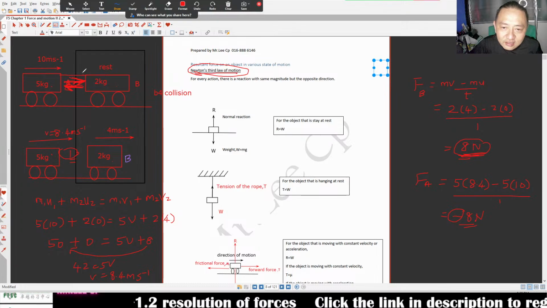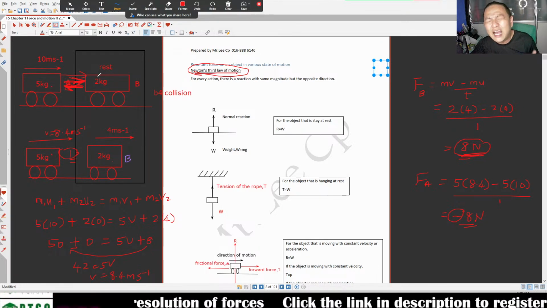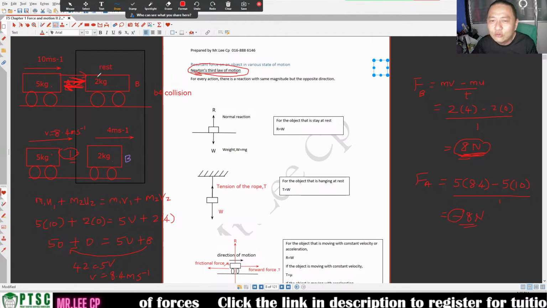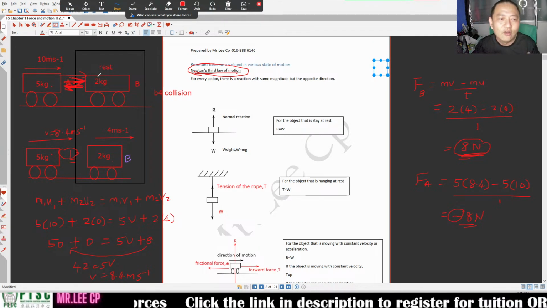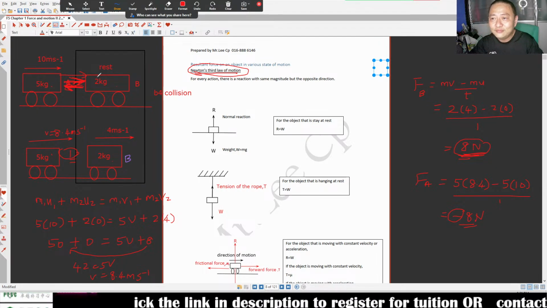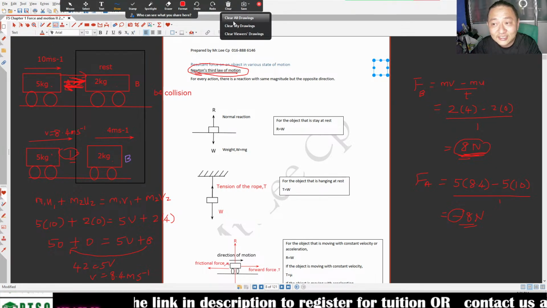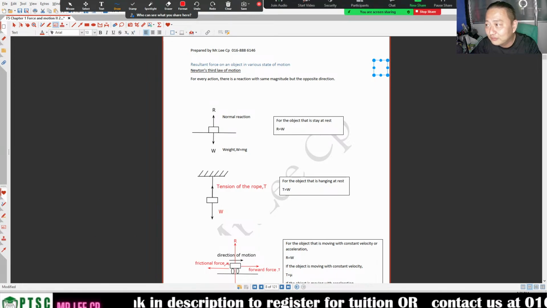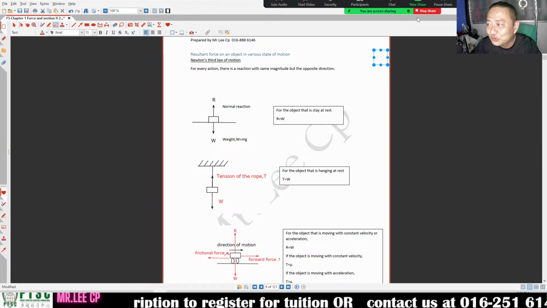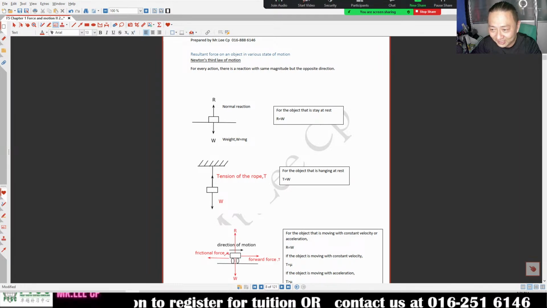If car A hits car B, it hurts. Car B says it hurts, so many Newtons. Car A will say, I also hurt, also so many Newtons. Do you get what I mean? Right, that's the concept lah. You don't need to copy, I'm afraid I'll confuse you. Okay, now